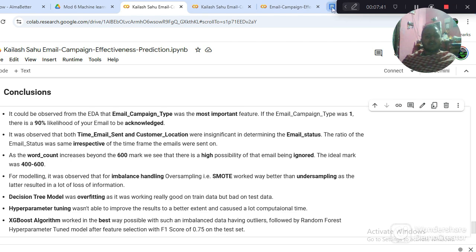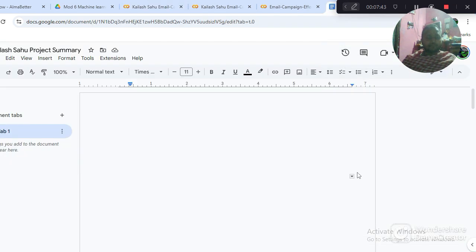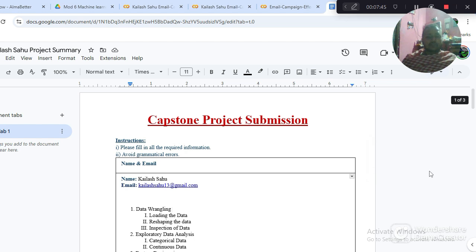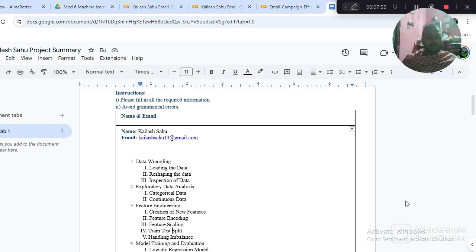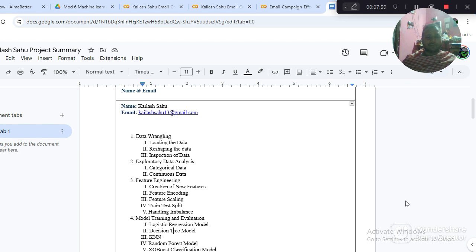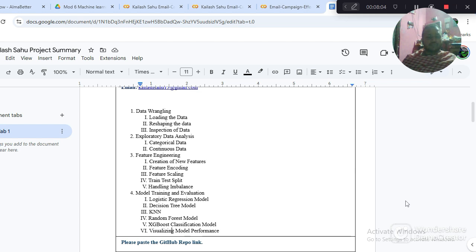Now we can go to the project summary. Data wrangling: first, loading the data. Second, reshaping the data. Third, inspection of the data. Fourth, exploratory data analysis, which can be in two parts: categorical and continuous data. Then feature engineering: creation of new features, feature encoding, feature scaling. Then train test split,